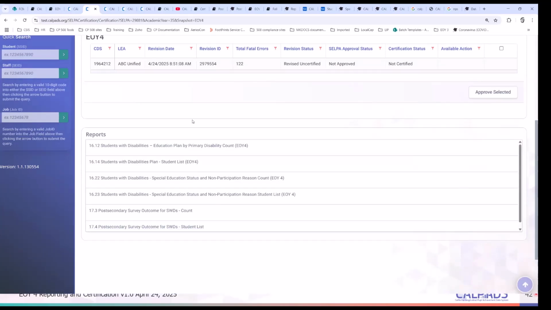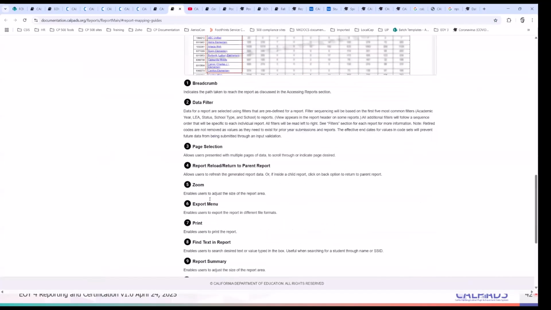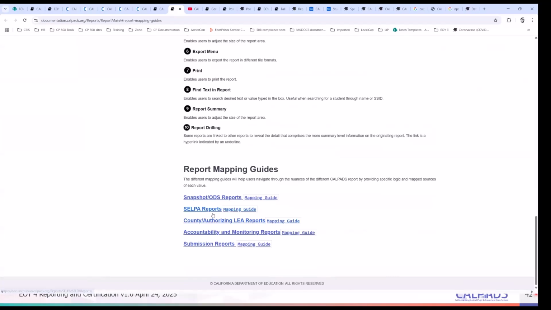If you are a SELPA and you need guidance on how each of these reports or the counts were arrived at, you may refer to the CalPADS user manual, go to the report mapping guide, and then go to the SELPA mapping guide reports. If you are an LEA, go to the snapshot reports.